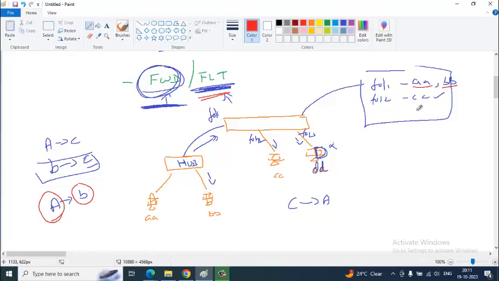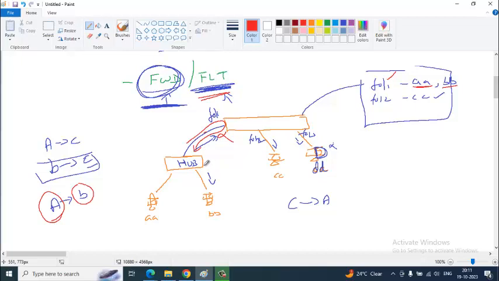The switch has got nothing to do here. Why? The switch says A and B are on the same port, somewhere down here. When the packet is coming from down, why should I forward it somewhere? There is no purpose of forwarding, so the switch will simply drop it. It is not the switch's job to go back and say, hey, why did you send me this? The destination is there, can't you see?